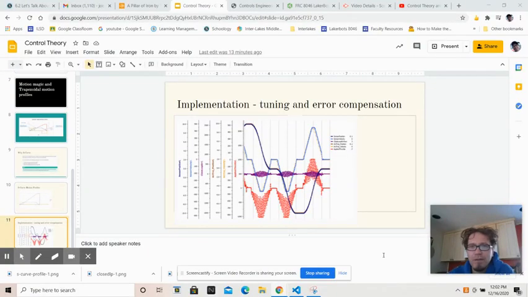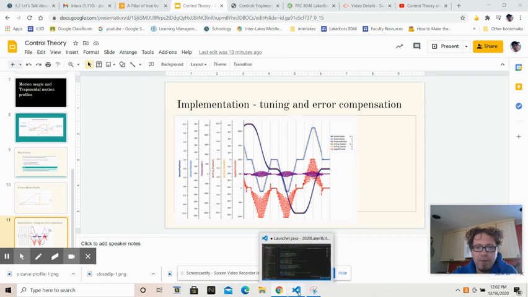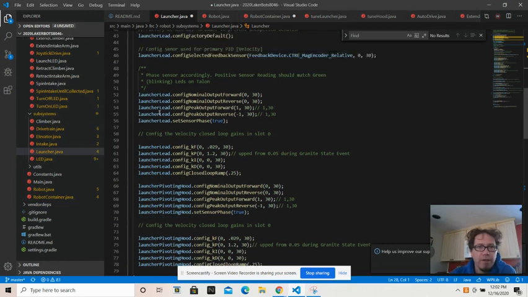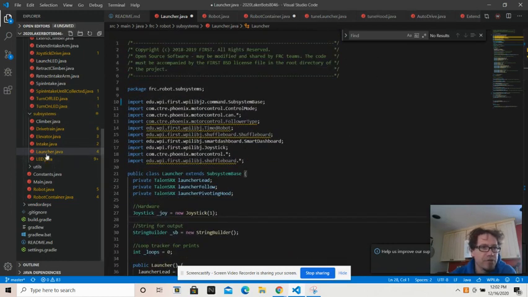Okay, part two of the control theory series. I thought I'd show you how we're going to actually implement this in code. And so if we come to our VS Code environment, we are in the launcher subsystem, and